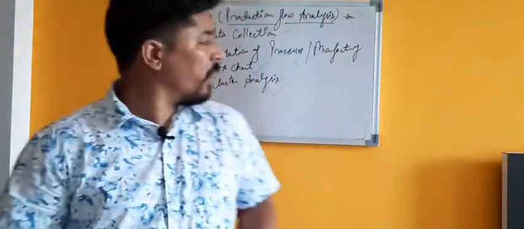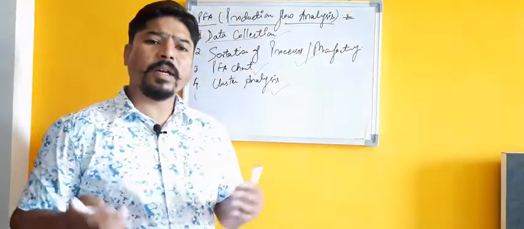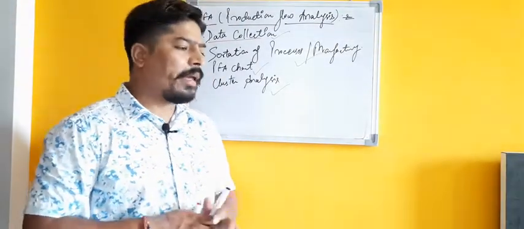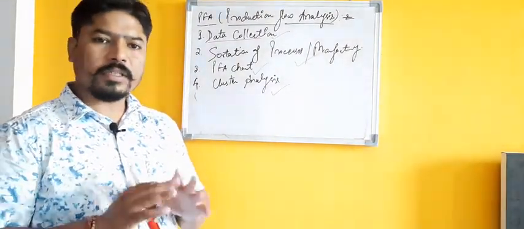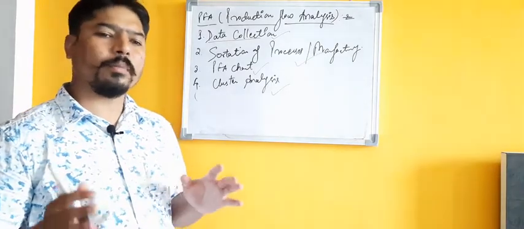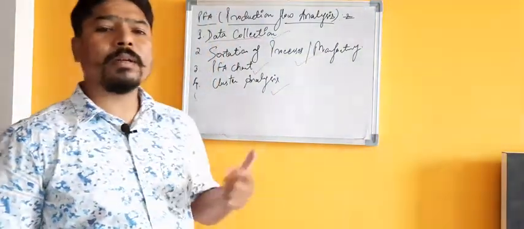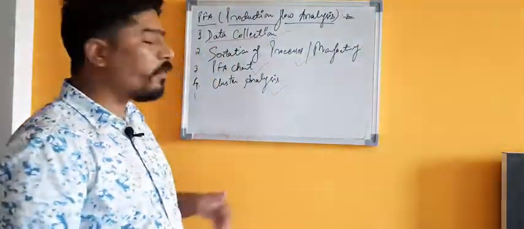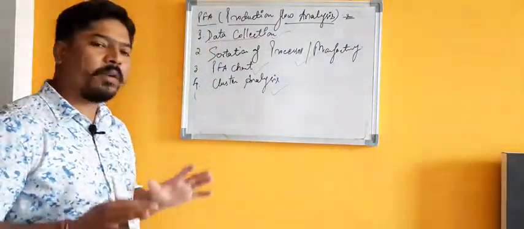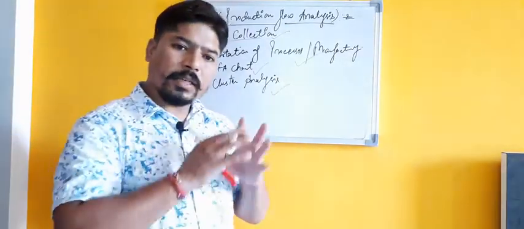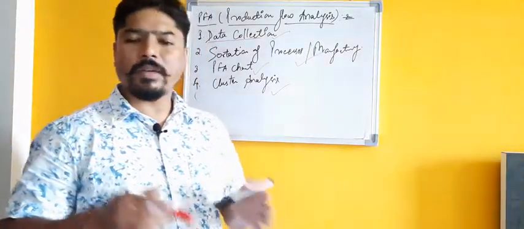Okay, if we talk about data collection, data collection is simply about collecting the data regarding the manufacturing, because we are not going to talk about the design configuration or the design attributes of those parts which are going to be categorized in a single part family. Here we talk only about the manufacturing attributes, meaning the manufacturing processes which are required to manufacture that particular set of components, so that we can include those different parts into a single part family.